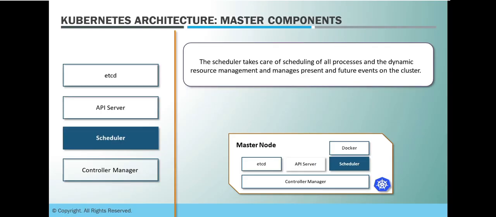Then comes the scheduler. The scheduler takes care of scheduling of all processes and dynamic resource management, and manages present and future events on the cluster. As the name suggests, it is responsible for scheduling services and objects on the worker nodes when asked, or as per the schedule it has. Say you have a deployment running, and whenever a new pod needs to come into the picture, suppose you have one VM where you had resources for 5